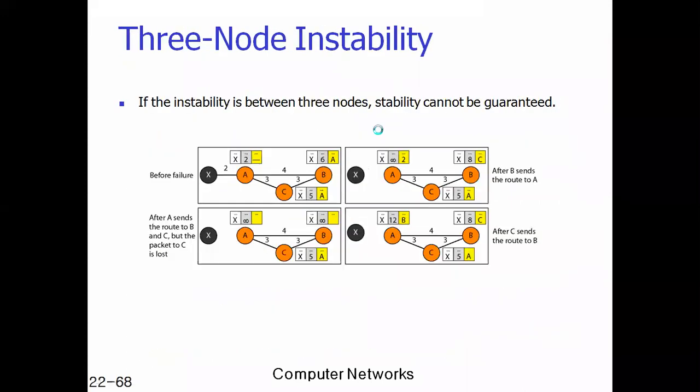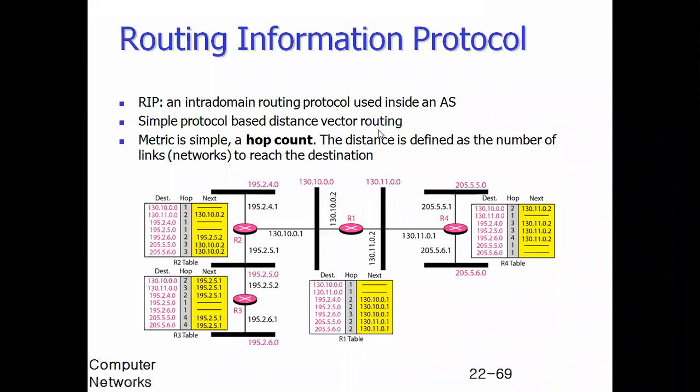Okay, so based on this, the Routing Information Protocol is designed. So how does RIP work? See here, each router has a routing table, right? As we have seen in a distance vector routing protocol, each node has a vector table. Similarly, each router has a routing table in which you will find the destination address, hop, and next. What is a hop? Hop means the cost.